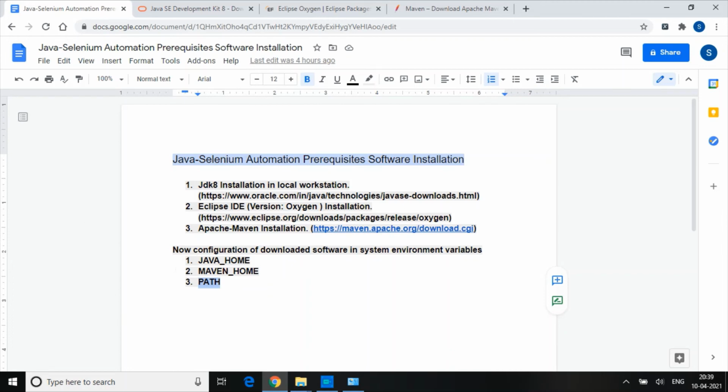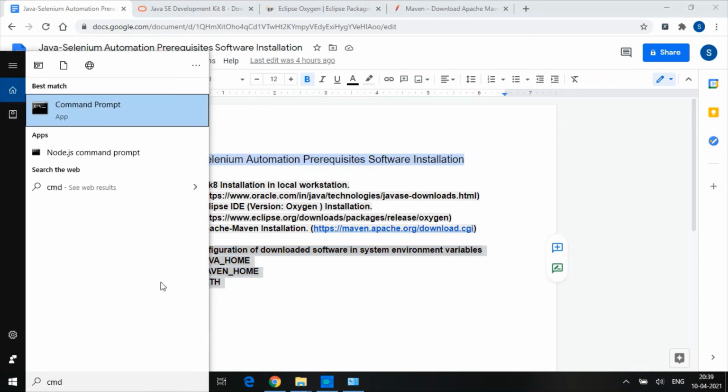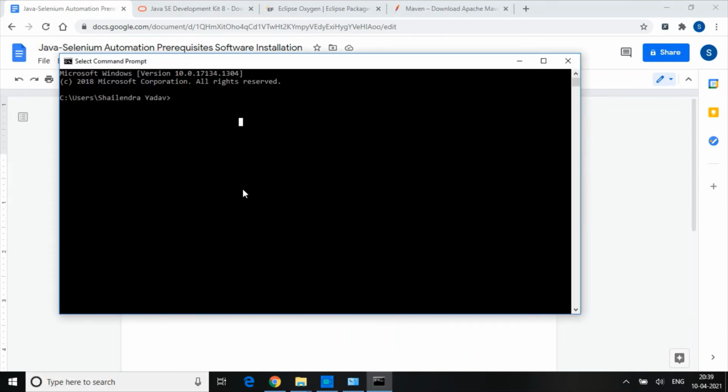your configuration is done successfully? Once you're done with this system environment variable configuration, you have to open the command prompt, type cmd. So here you can see command prompt. Once you open the command prompt, here you have to type javac, c for compiler, space hyphen version, and then press enter.